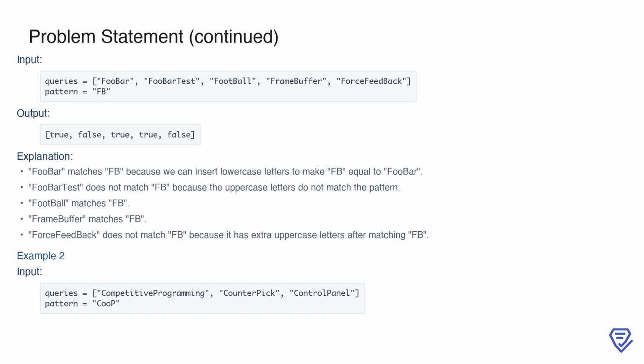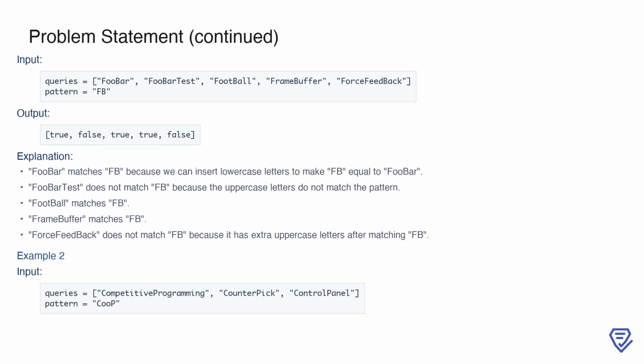Here, queries is given as foobar, foobar test, football, frame buffer, force feedback, and the pattern is FB. The output is true, false, true, true, false. For each query in queries, we check if it matches the pattern. For instance, foobar matches FB because we can insert lowercase letters between and around the uppercase letters F and B to form foobar. However, foobar test does not match because it contains uppercase letters beyond what is present in the